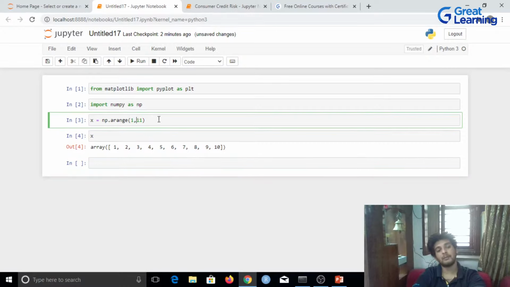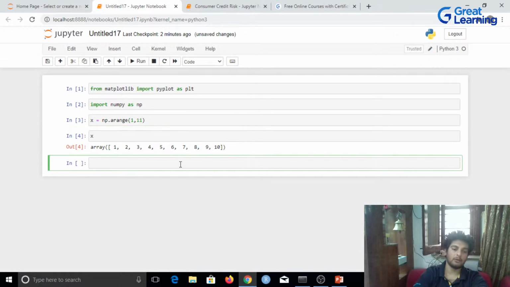Here, when it comes to np.arange, you have to remember that your second value is exclusive, your first value is inclusive. So your values start from 1, but it does not go till 11. So 11 is exclusive, it is n minus 1. So the values will start from 1, they'll go till 10. And that is what we've been able to print out over here.